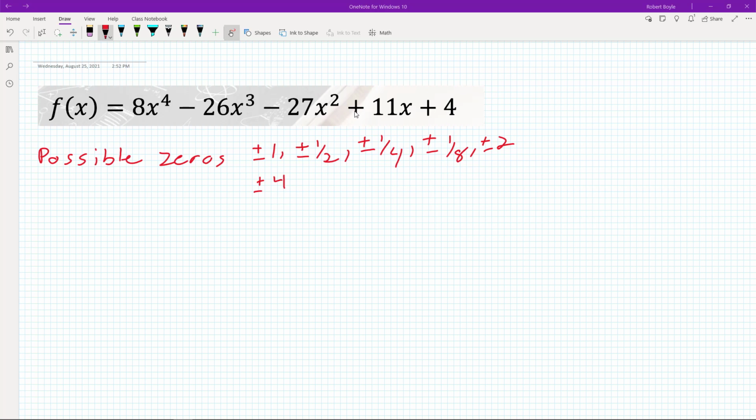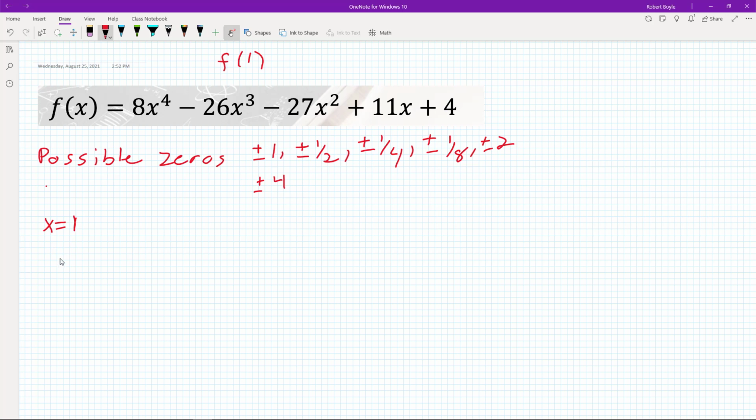So at this particular point, we have to do trial and error. So let's go ahead and pick a potential zero. How about x is equal to 1? Okay, we're going to see if 1 is a potential zero. And then what we can do is we can either evaluate f of 1, or what we can do is